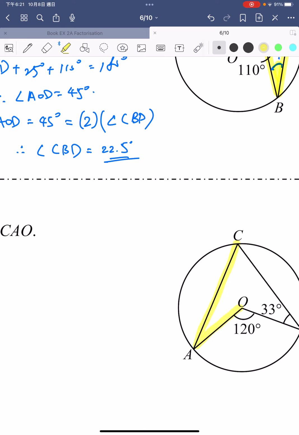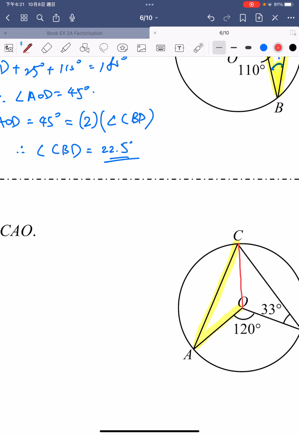So it's actually quite hard for the normal student to do it. So if you aim for level 2, then you probably don't know this one, and that is fine. But if you're aiming for the higher one, then try to do it as well. So when you see some question you don't know how to do, then try to add some lines to it. So for example, if you're adding a line joining the C and O, then actually we got